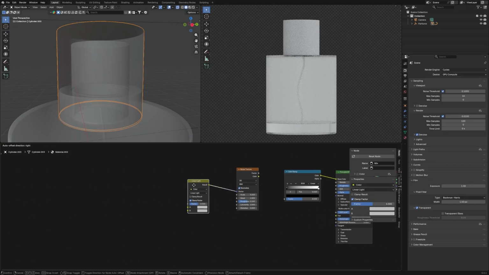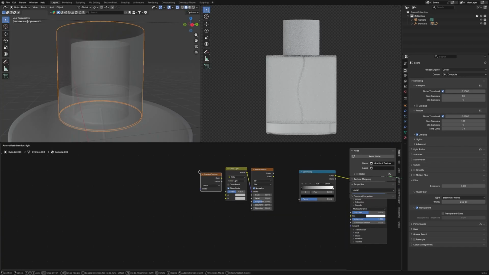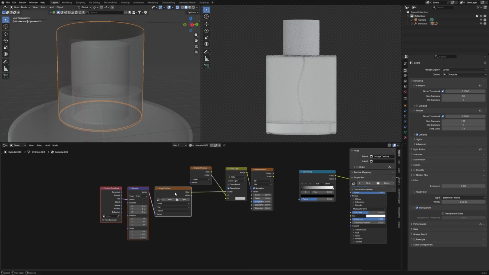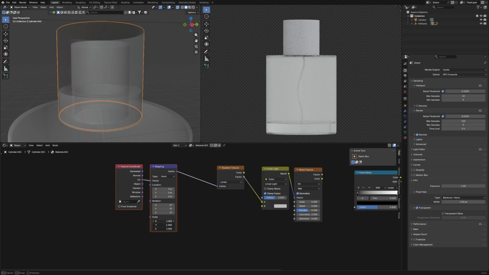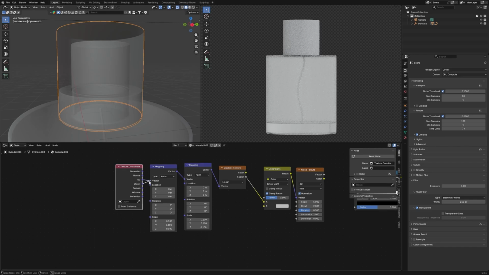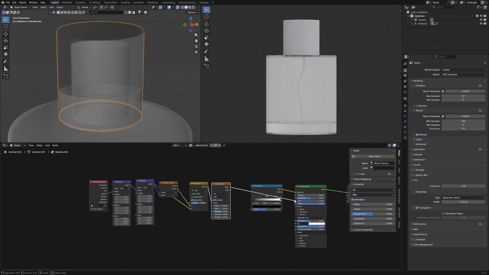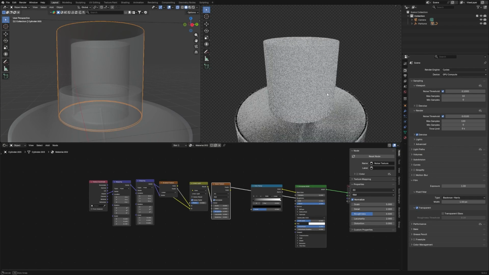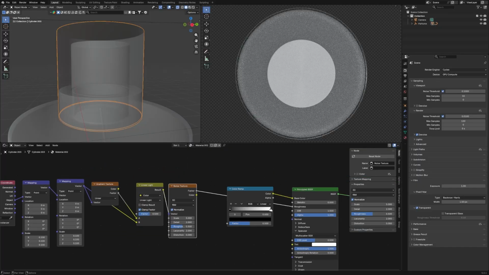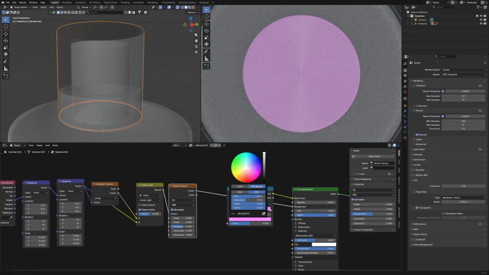Alright, and now we can add a gradient texture, connect the vector into the first one, Control P, and then delete that and connect into the first one. Decrease this to just 0.1, duplicate this, and now move it into the second one, and from here we can move it into the roughness, something like that if we want. But for the color, I think we need to change it more, like a little bit dark, and then something like